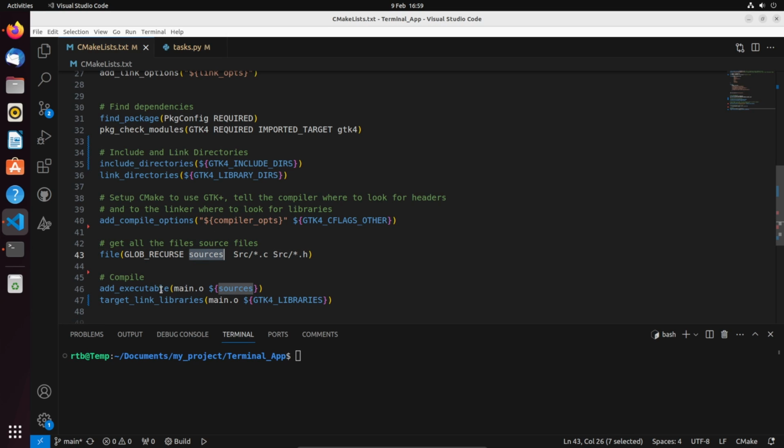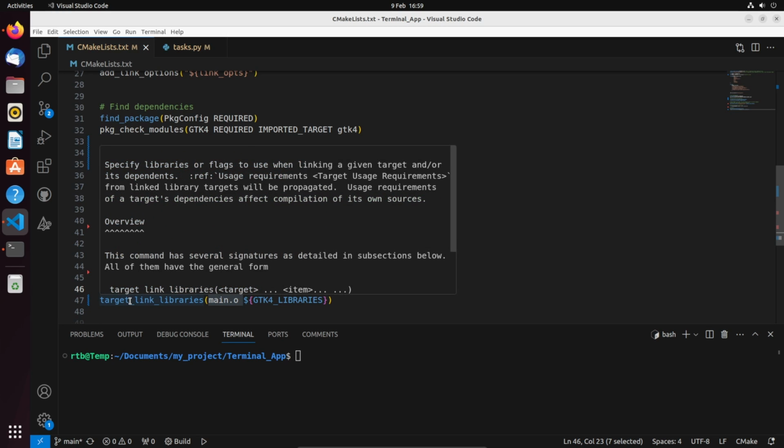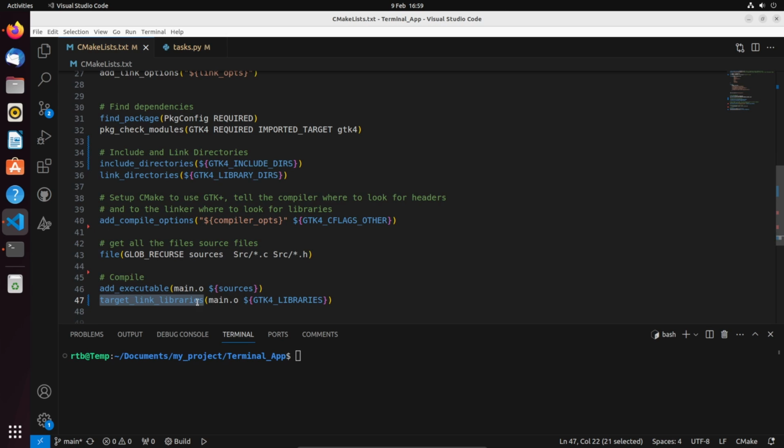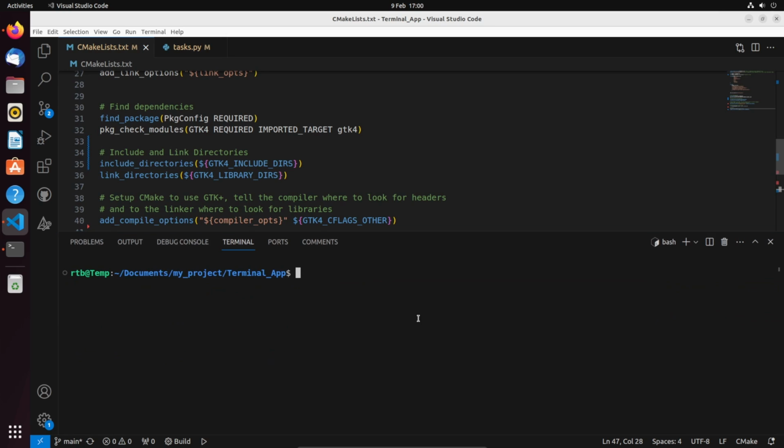variable, and then adding it to the executable, basically creating it or generating the compile steps for this. And then finally you need to do this, you need to target_link_libraries, and what they'll do is they'll get linked into the output file, in my case main.o. And then if I do